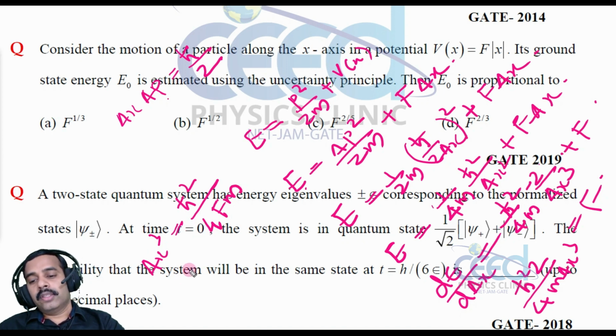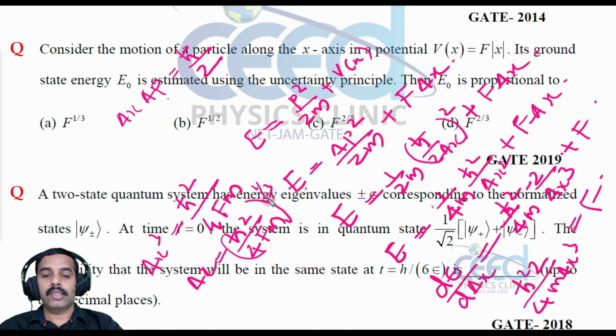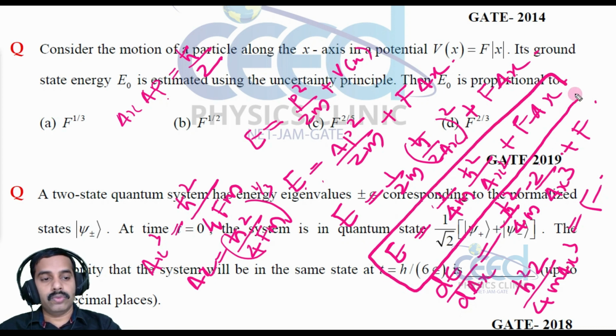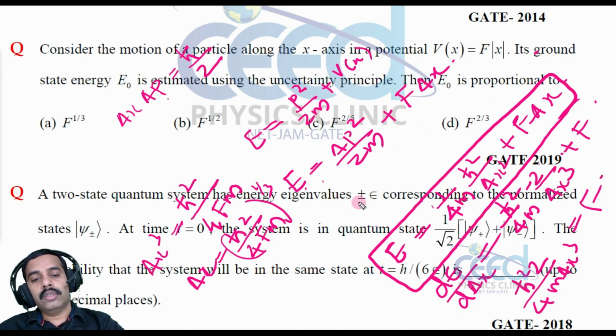Then I can write this Δx³, Δx is equal to (ħ²/4fm) whole raised to 1/3, right? Now our aim is to calculate this energy, right? At the minimum condition I am going to put this Δx value here, in any equation where we have this Δx. So when I resubstitute this value, we can substitute this Δx value here. Let me substitute this in this equation.